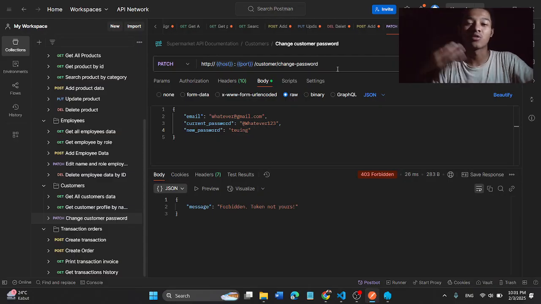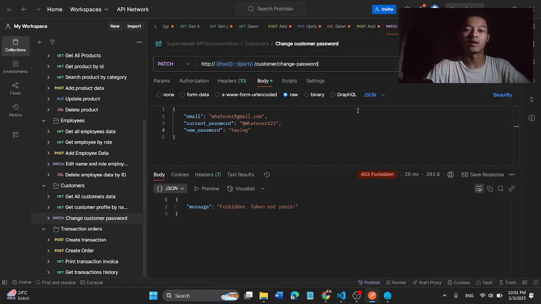So I need to log in first to my own account. After I log in, I get the token and place it here in the endpoint. After that, we will succeed in changing our password.